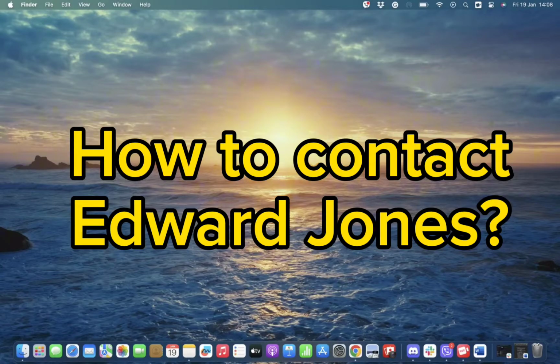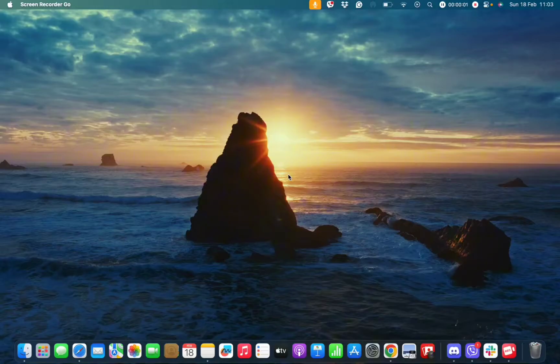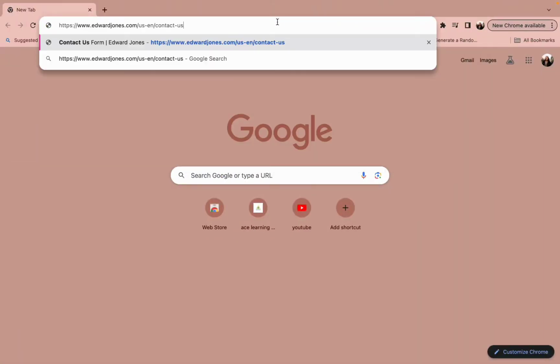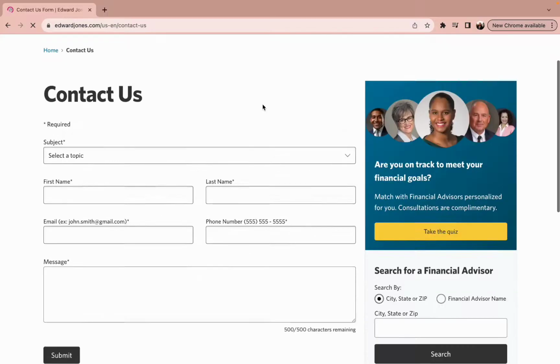So first and foremost, all you need to do is simply tap on a web browser of your preference and type in the URL www.edwardjones.com/unen/contact-us. So once you type this URL in, you will end up in this kind of interface where all you